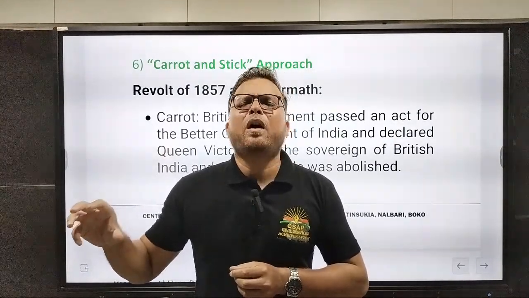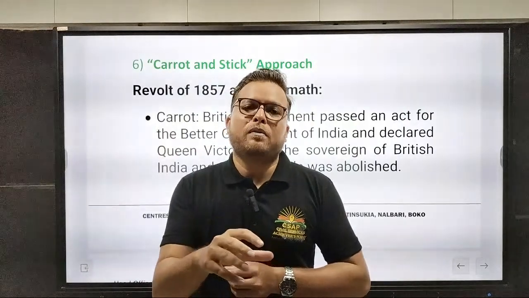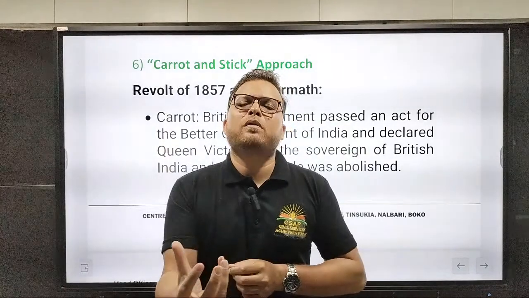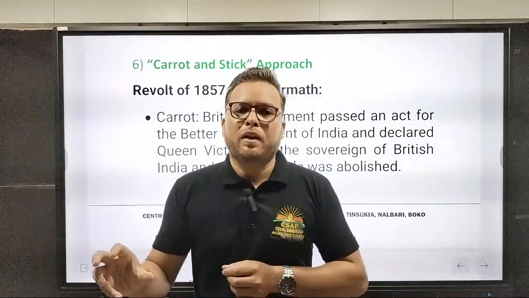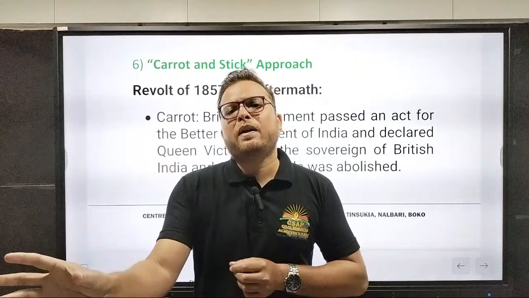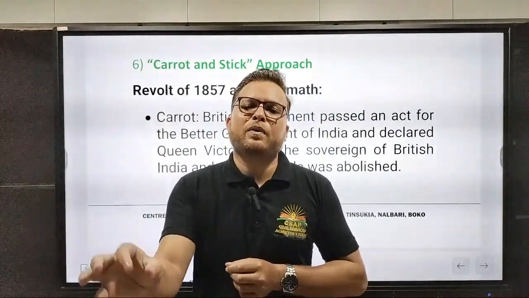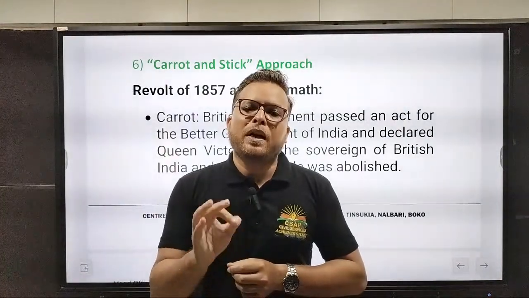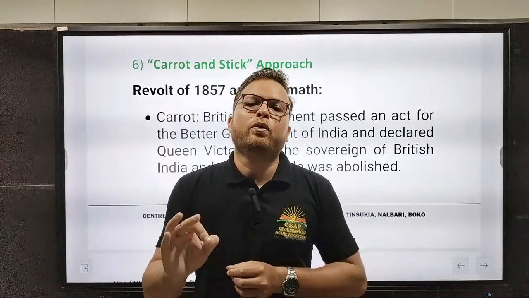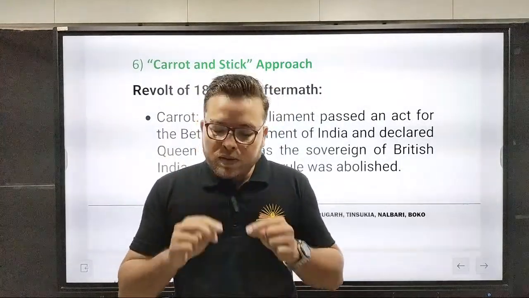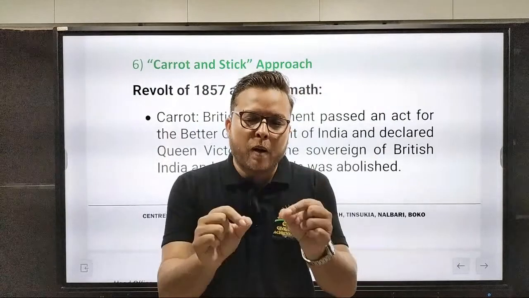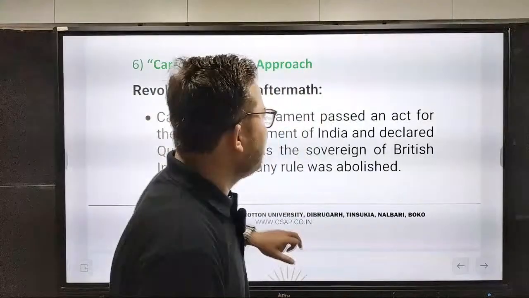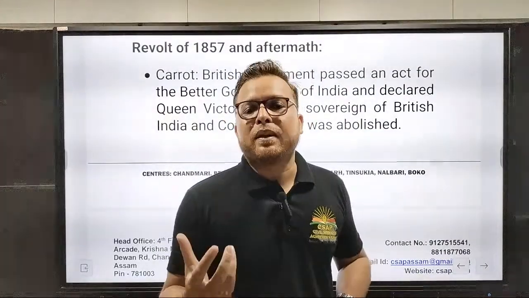Just for the sake of giving opinions, the members of those councils did not have a significant amount of power to stop the governor from doing something. It was just like they were giving suggestions, and it was up to the governor whether to accept those suggestions or not. He had overriding powers. He had every right to overrule those suggestions. So this is the stick and carrot approach adopted by the Britishers to divide Indians, so that they could curb the nationalistic feeling.